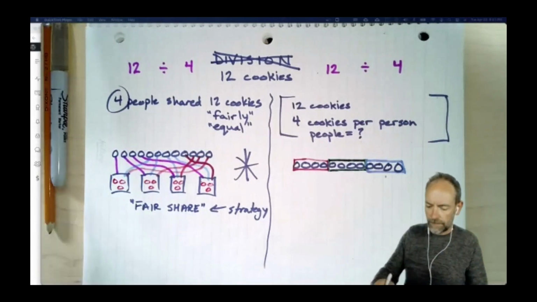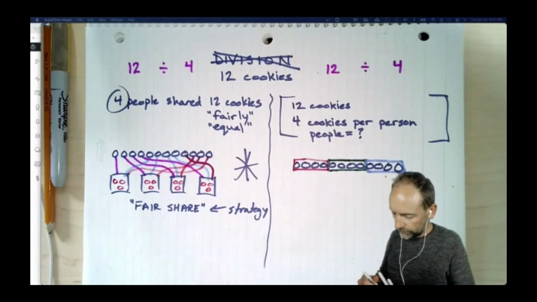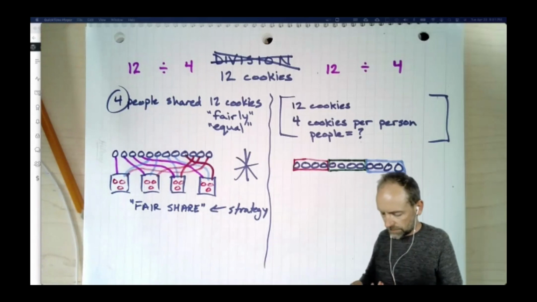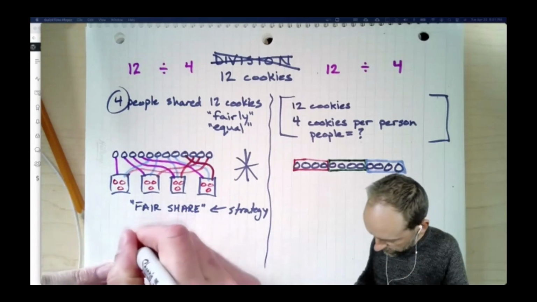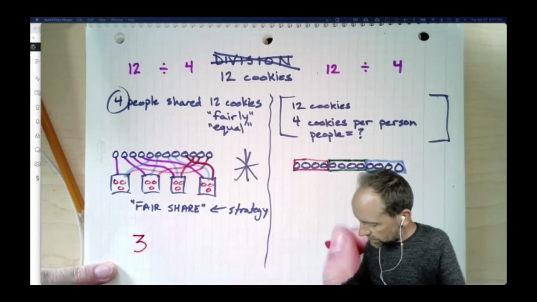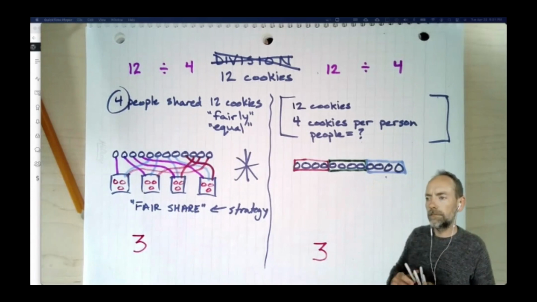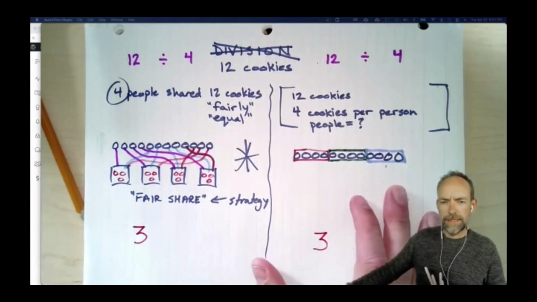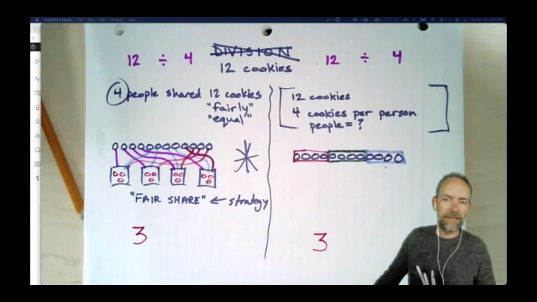Sean, that's where that remainder was coming in. It would be completely different if we had 13 cookies and I circled 4, 4, 4, I'd have 1 extra cookie left on that side. Now, if we did 13 divided by 4, where we're taking 13 cookies and sharing them with 4 people, there's an extra cookie that now has to be divided up among 4 people. All of a sudden this extra remainder